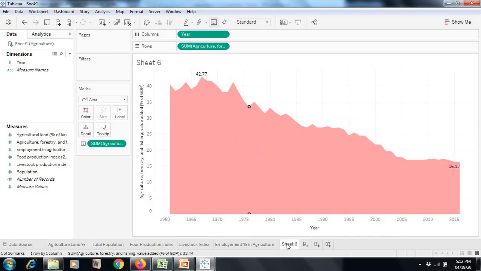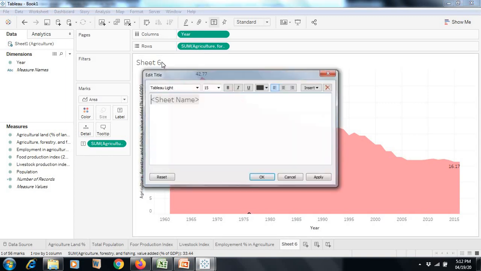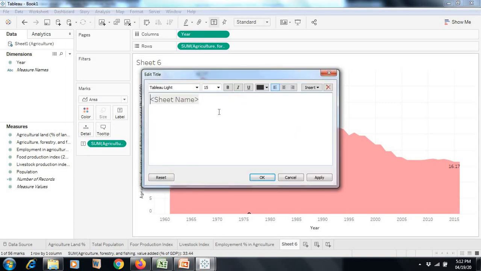I want to rename this, or here I can double click also. Even by double clicking here I can rename this: percentage contribution towards GDP.